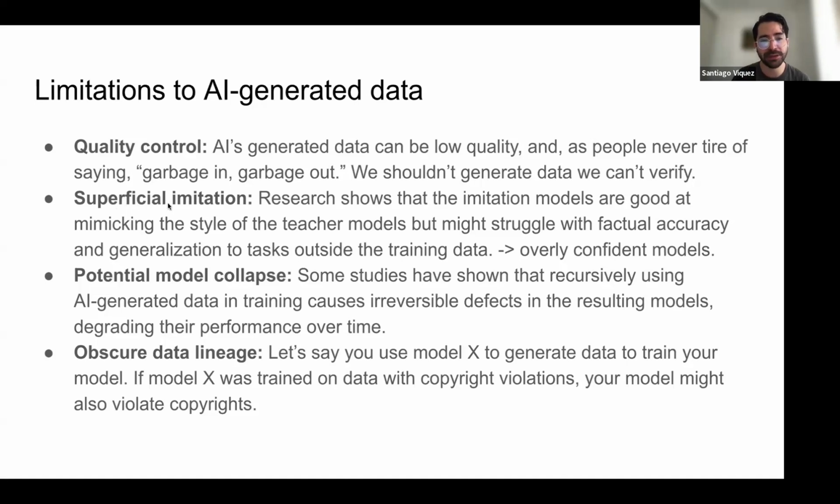There's also another limitation of superficial imitation. Research shows that imitation models are good at mimicking the style of the teacher model. The teacher model is this bigger model, right? But they might struggle with factual accuracy and generalization to tasks outside the training data.